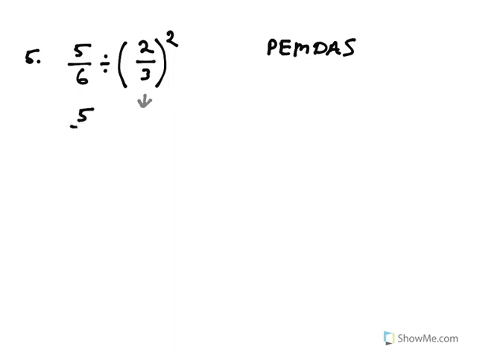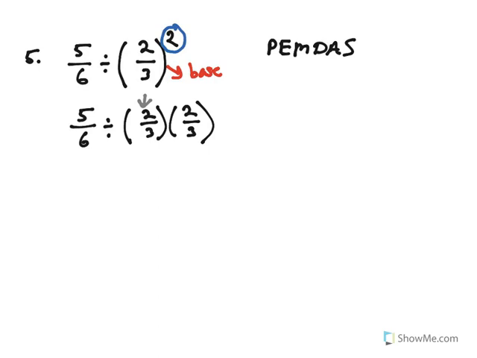Okay, let me just copy it. It's 2/3 times 2/3, because the exponent is telling you to multiply the base. Okay, so remember, the 2/3 is the base, and this exponent here is telling you to multiply this 2 times. So that's why I wrote 2/3 twice, okay? And when you do that, if you just multiply it straight across, okay, then you have